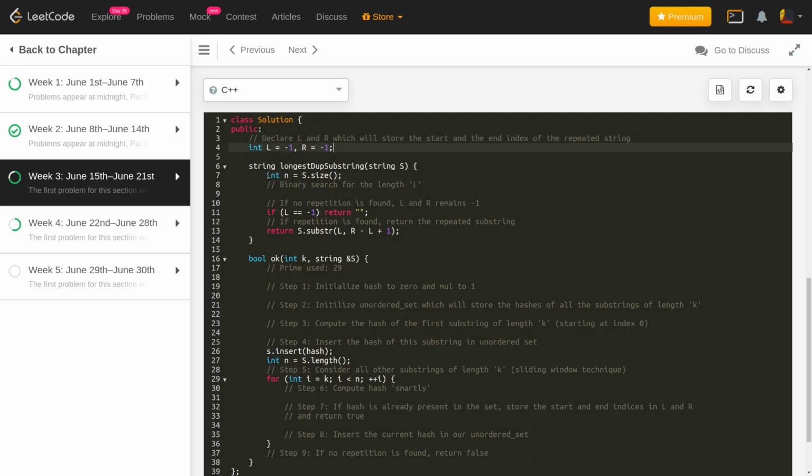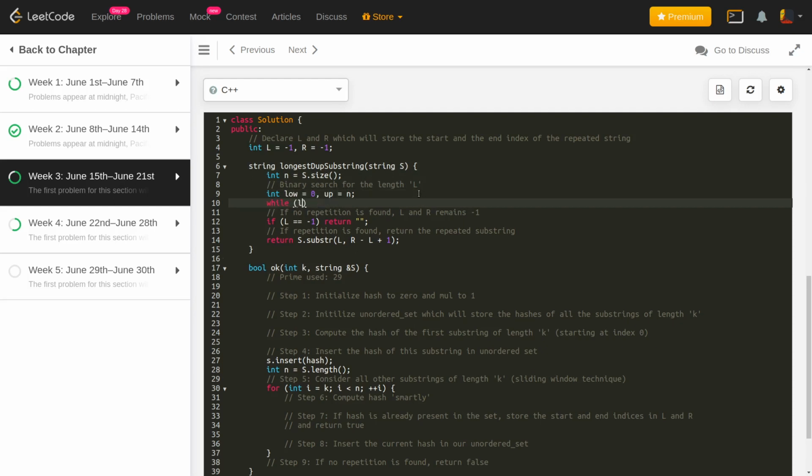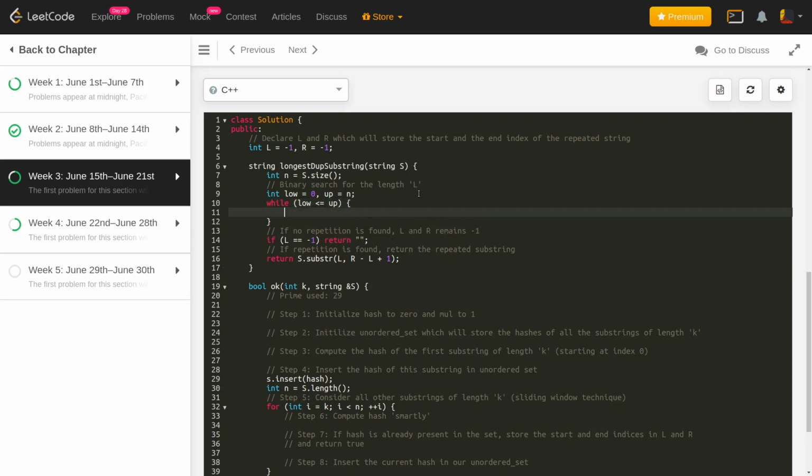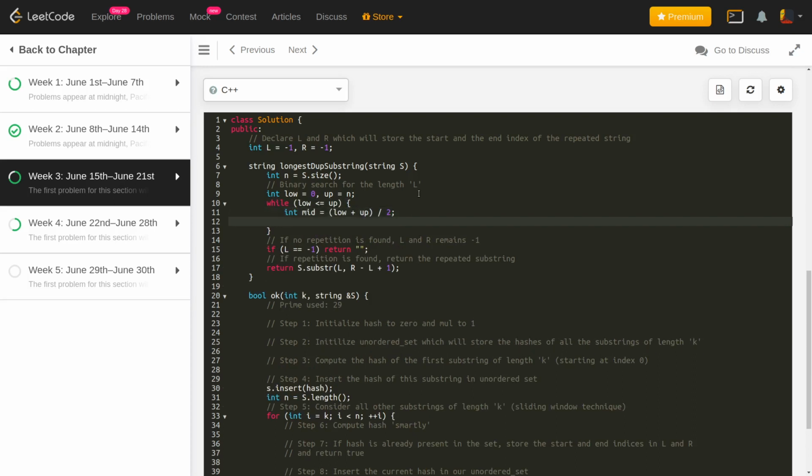Okay, as we have seen before, the first thing that we'll be doing is applying the binary search on the length L that we have to obtain. So I'll initialize my low as 0 and up as n, which is the length of the string, and I'll apply the binary search, which is while low is less than or equal to up. The first thing that you do in binary search is to calculate the mid. So I'll calculate that, and I have this function OK, which tells me whether there is any substring of length mid. Let's say this is k.